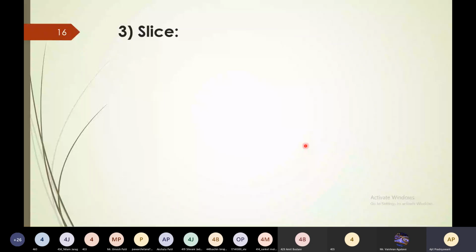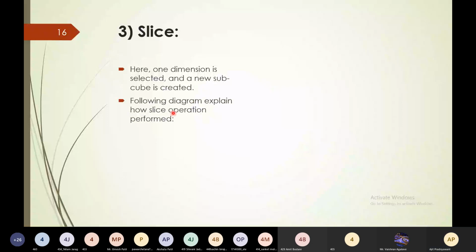So next operation is slice. Here, one dimension is selected and a new subcube is created. The following diagram explains how the slice operation is performed.